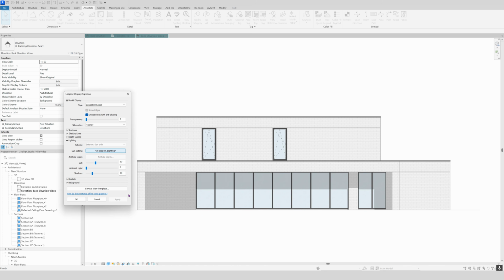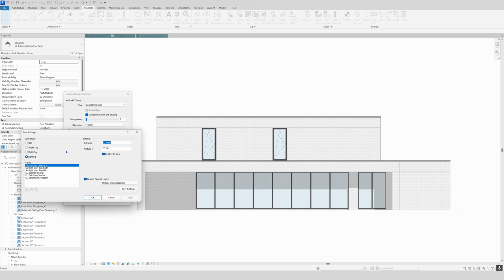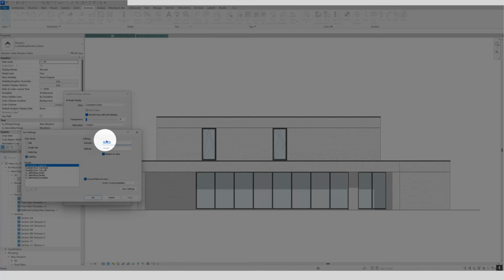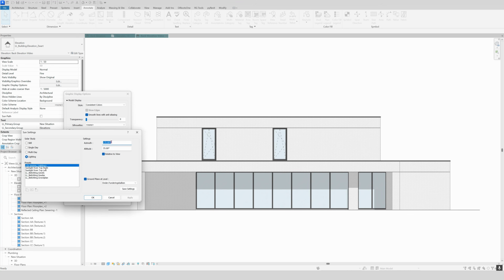easier to look at. We can also set the sun. So now it's placed in session lighting. We're gonna click on it, and now we can do different options. Right here you see that we have some degrees that you can play around with, so we have a nice looking shadow. I will go for top, from top left. I will click apply, and then you see the shadow is already changing. We click OK,